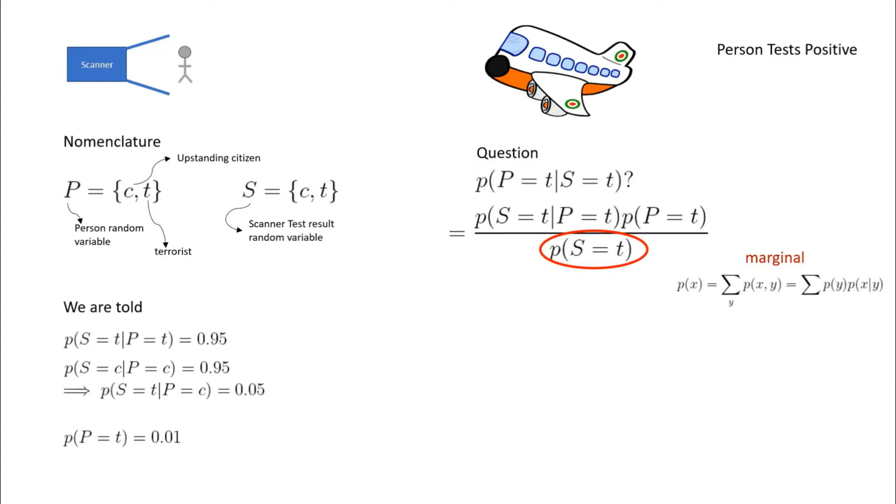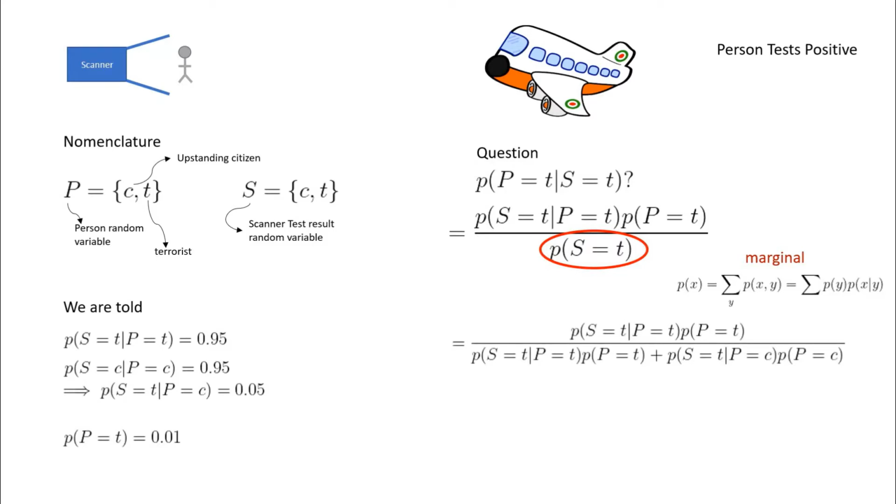So the random variable we will introduce for S as the second variable to do a summation over will be P, the person, which can hold two different values, C or T. So the denominator has now been expanded to account for that. And voila, every single term in this fraction is known, because we can just look at the values on the left. And subbing them in, we get this expression, and if you just type that into your calculator,